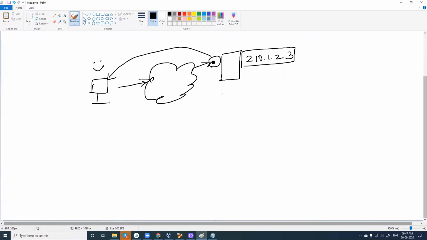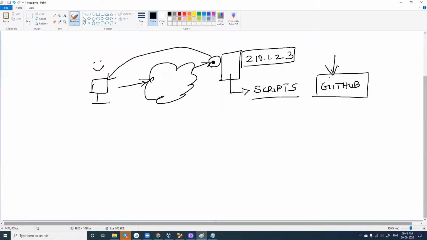And in case you have your own server and you want to manually configure a honeypot, you can configure it with the help of scripts. You have a lot of scripts on GitHub. GitHub is one place where you can get access to anything and everything, for good and for bad, right? So this is one place where you search anything, just like Google, but this is only for software.